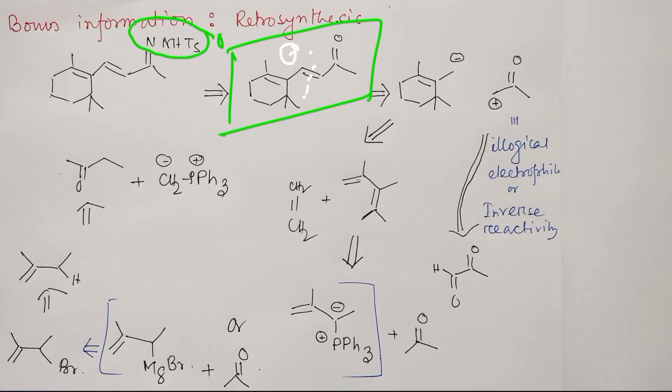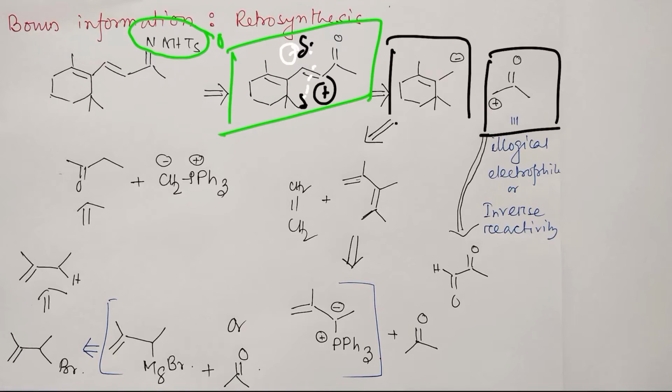So what do we need? We can take an approach with a plus charge here and delta minus here. Fine, allylic position carbanion we can prepare, but a positive charge at the alpha carbon of a carbonyl is not that common, because we know that the alpha carbon of a carbonyl group produces a negative charge, meaning a carbanion derived from enol or enolate easily. So you can consider this an illogical electrophile.